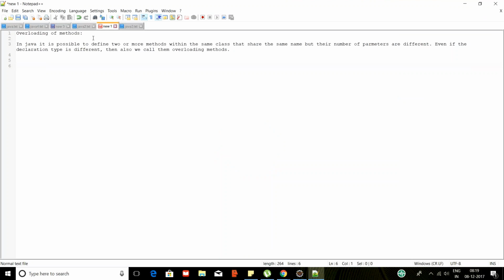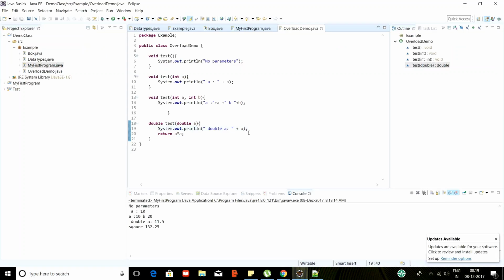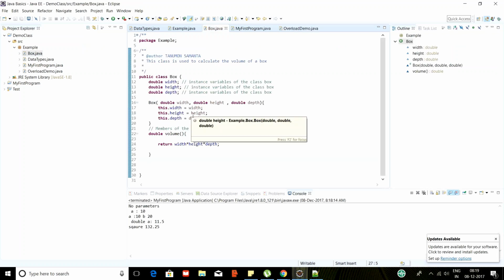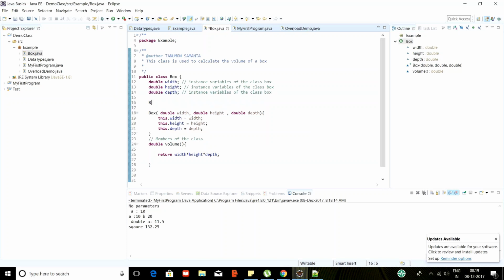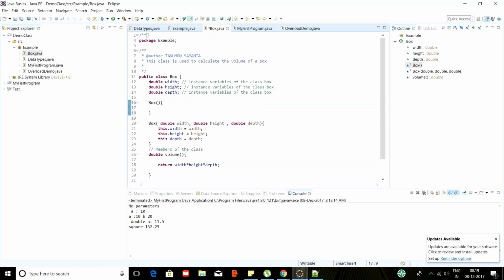Now, do you remember what we were doing with the box function that day? We have used the constructor. Now we can use the overloading of the constructor also. See, I had used this as my parameter type. Now I can use a default parameter box. This is the default constructor which has no parameters. So in this default constructor, what I do,